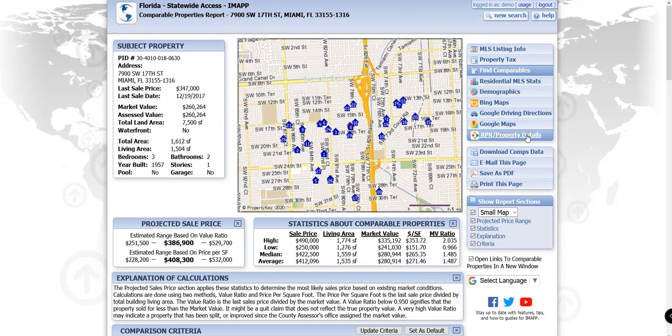If we go up here a little bit farther, I do not have an RPR account. I'm not a licensed member. I'm not a dues paying member of NAR, so I don't have access to RPR. If I click on this, I'm just going to hit the login wall. You're going to have Google Maps, Google Driving Directions, Bing Maps, and then if we click right here in the demographics,